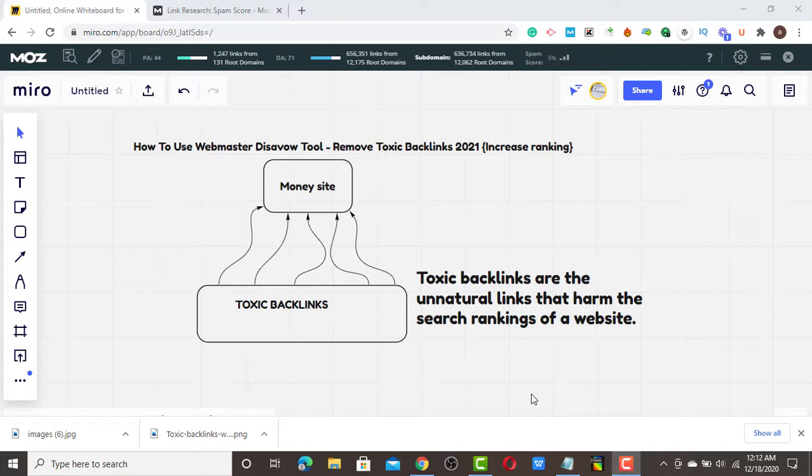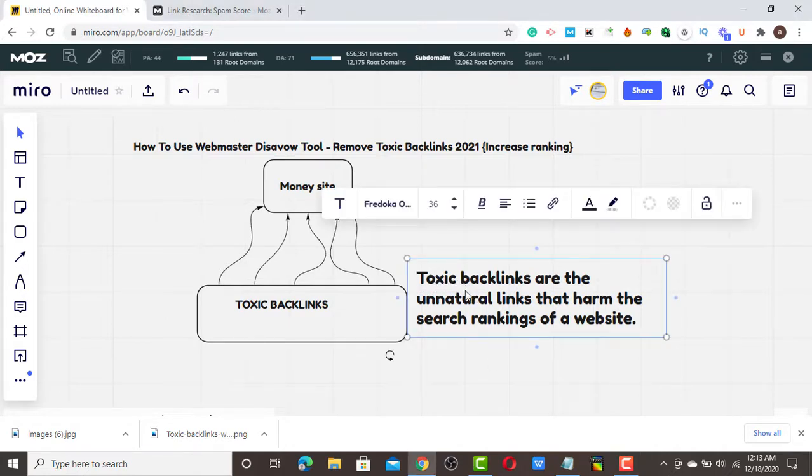Okay, let's get down to business. Before I start, I want to define what toxic backlinks are. The first definition says toxic backlinks are the unnatural links that harm the search rankings of websites.